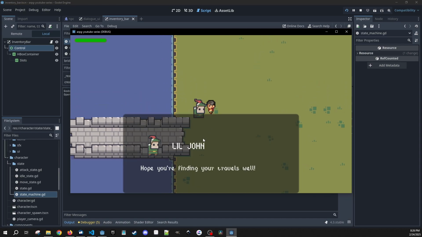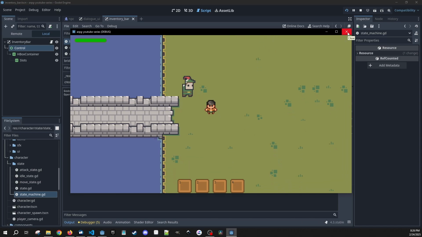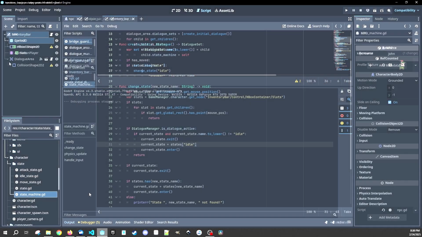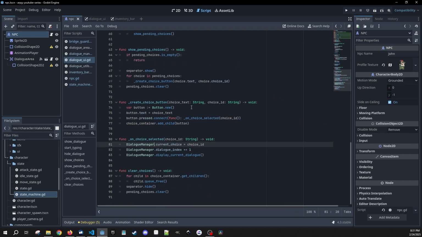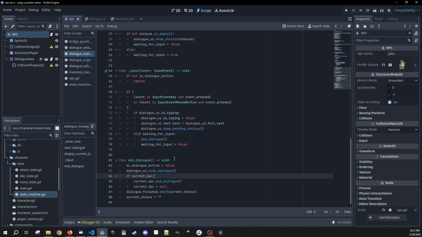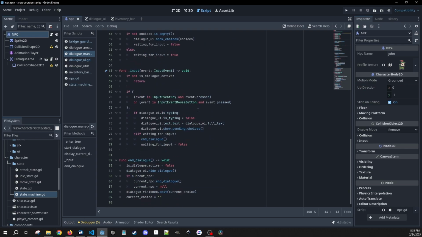Okay, now when we go talk to him, hope you're finding your travels well. Okay, that's much nicer. But now let's go and tackle the sword swipe. So what we're going to do is go back into the dialogue manager, and we're going to build in a little, what do you want to call it, like a cooldown once the dialogue is finished. So let's create a variable for dialogue cooldown. It's going to be equal to 0.2. We're going to rework end dialogue. What we're going to do is dialogue